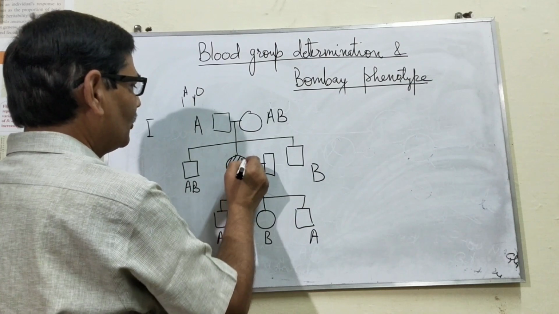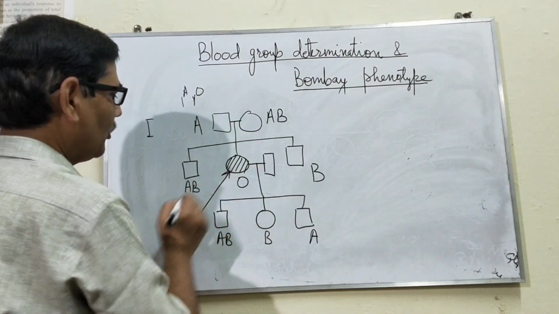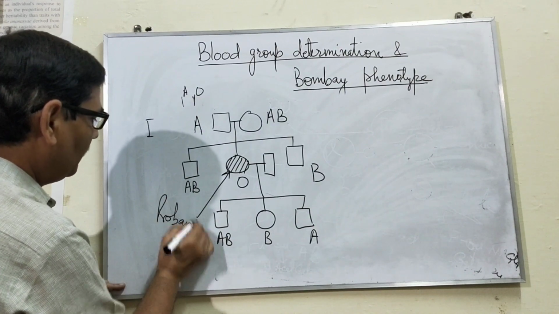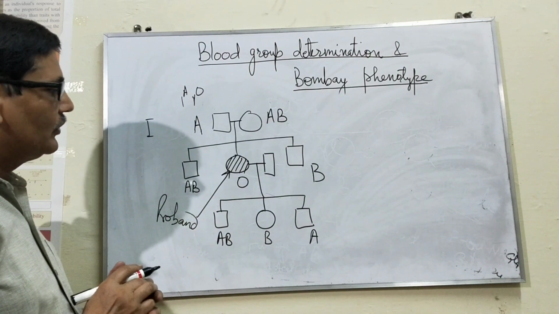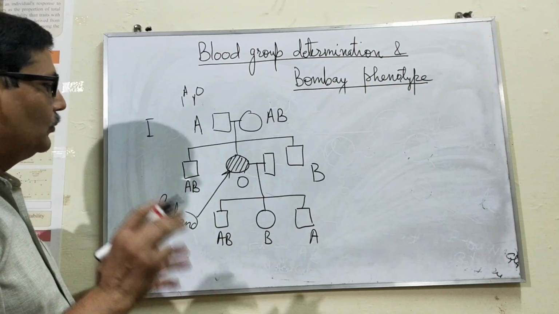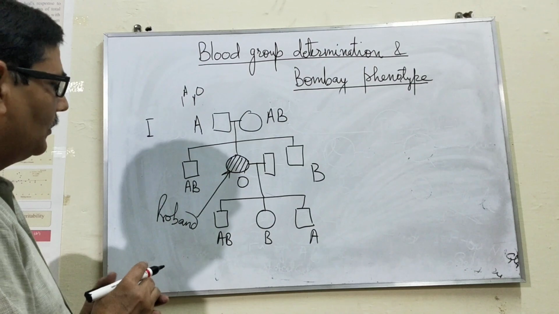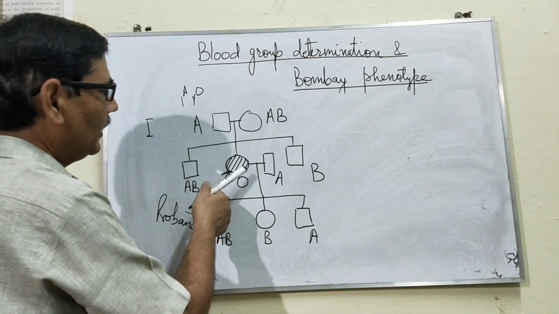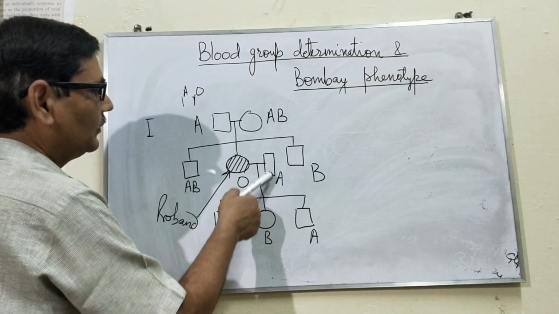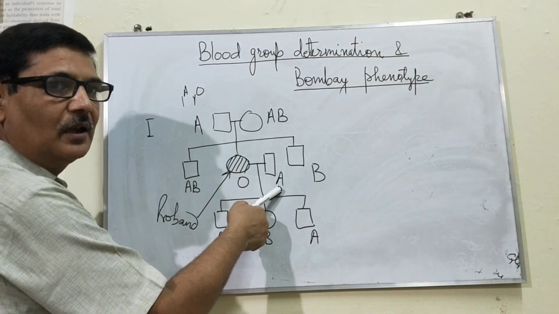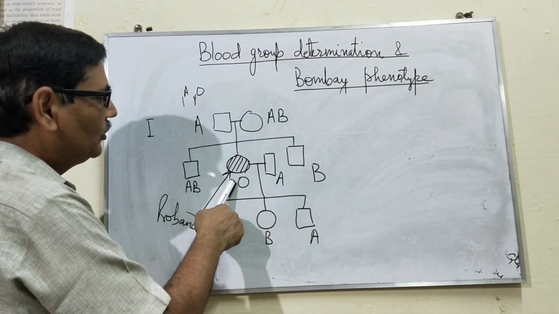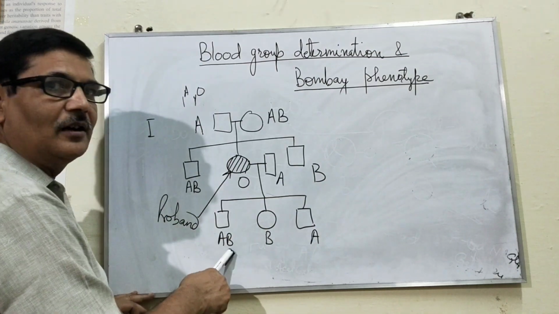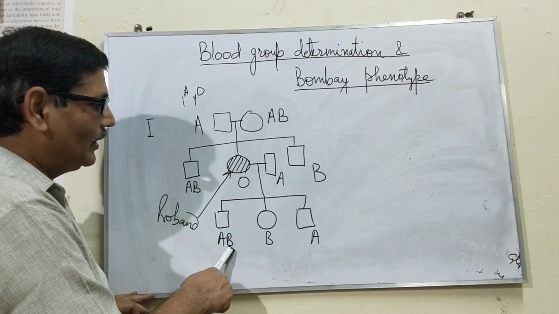So actually this was the case which brought the attention of the people. You can say that this is the proband. Proband means a particular case which actually brought the attention of scientists or people who were looking after the matter. Now her husband was of blood group A. In this case, if the genotype of this husband is IAIO, and if she was of genotype IOIO, even in that case she could never have a child of AB blood group. This will not be possible at all.